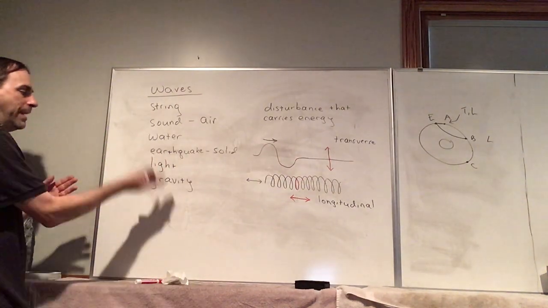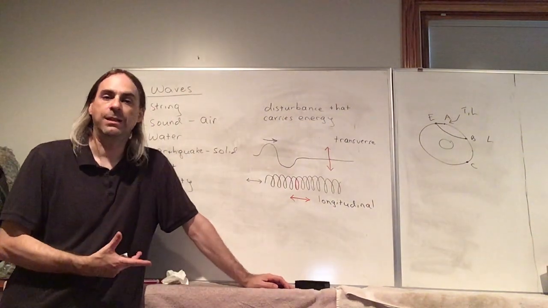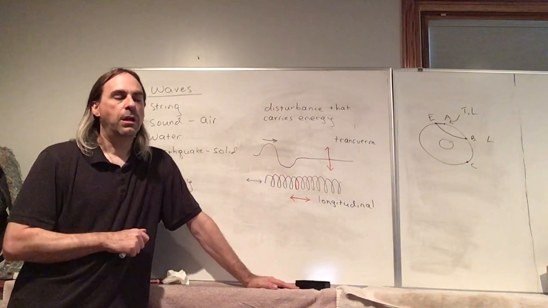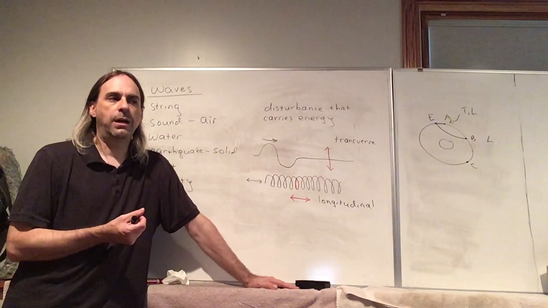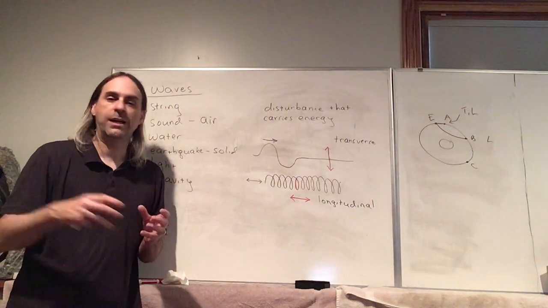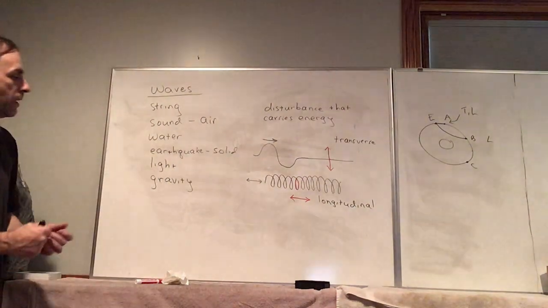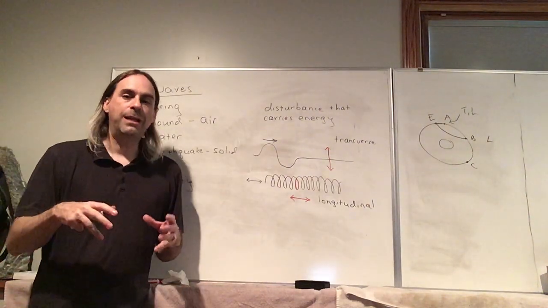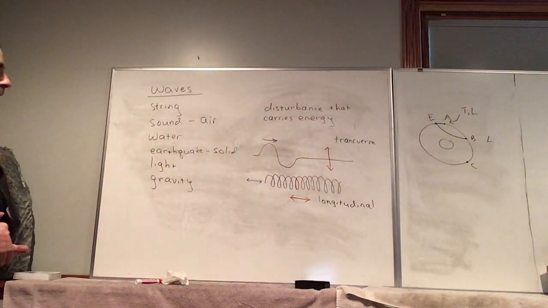Now, most of these have a medium. Even gravity, the medium for gravitational waves is just space itself. That's something very interesting about Einstein's theory of gravity. Einstein's theory basically says that the Earth moving around the sun is not because the sun is actually pulling on the Earth. The sun isn't doing anything to the Earth itself. What Einstein said is that mass warps the space around it. It alters the geometry of the space around it